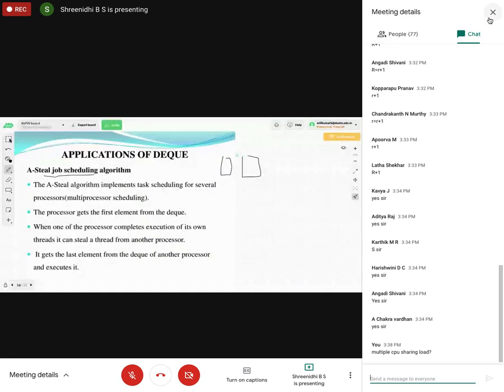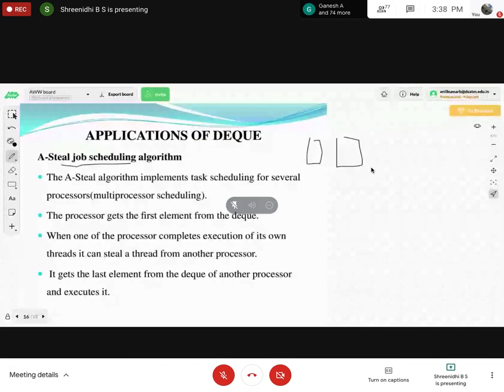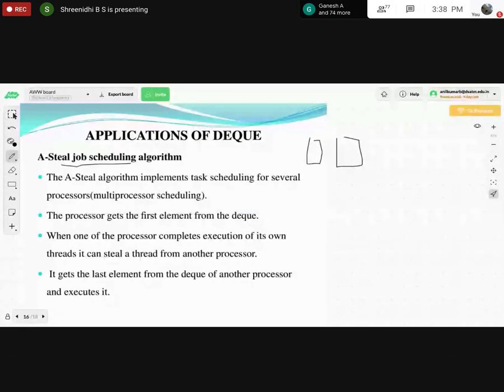When we have multiple processor systems sharing resources and processing data in the operating system, multi-processor scheduling comes in. There we have CPU scheduling like first come first serve, round robin, and shortest job first. In this application, we implement task scheduling for various processes.